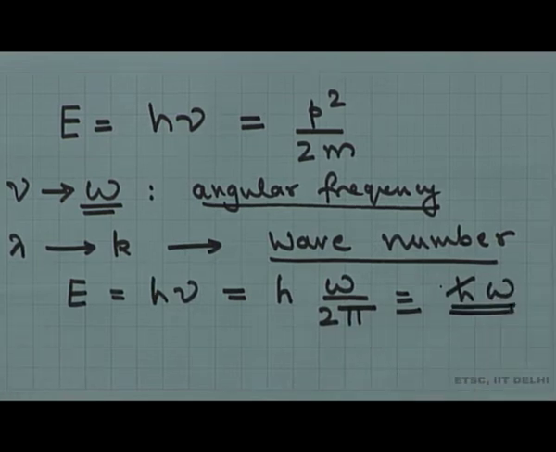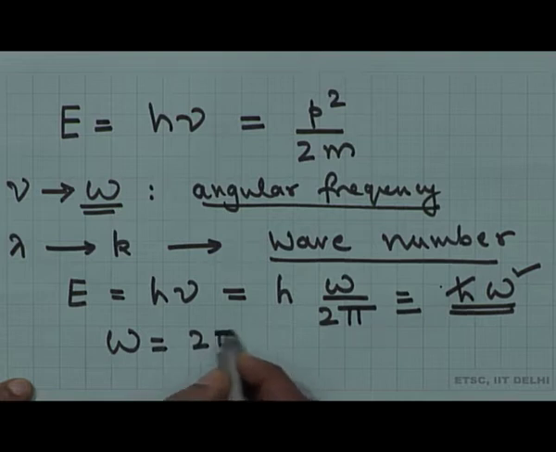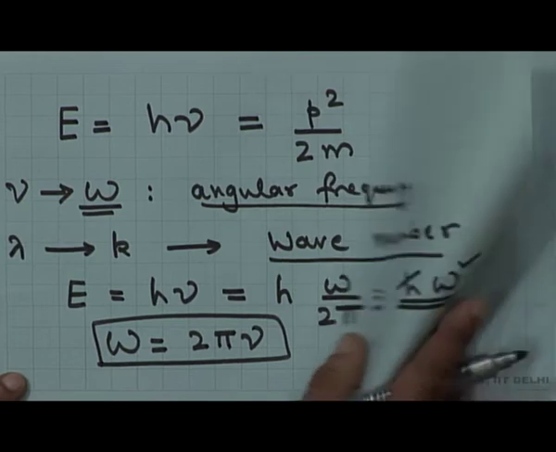So most of the time in physics, later when you study more and more of quantum physics or even electromagnetic theory, when we speak of frequency, most of the time we speak of the angular frequency omega rather than the usual frequency. There is no great difference between them except for a factor of 2 pi. So let me record it. My omega is nothing but 2 pi nu. That is what it is.